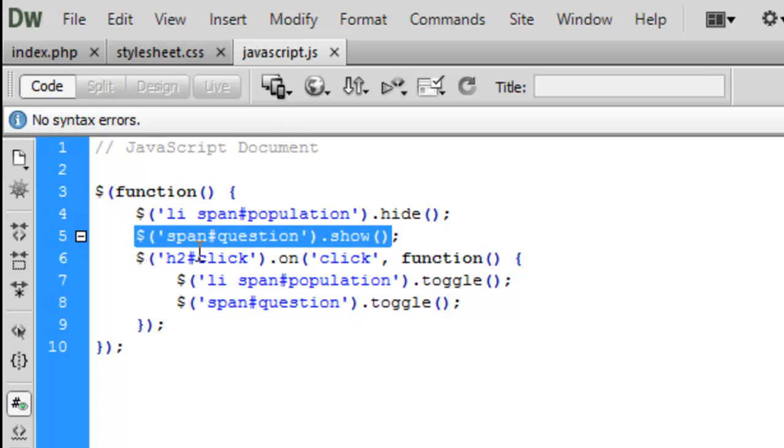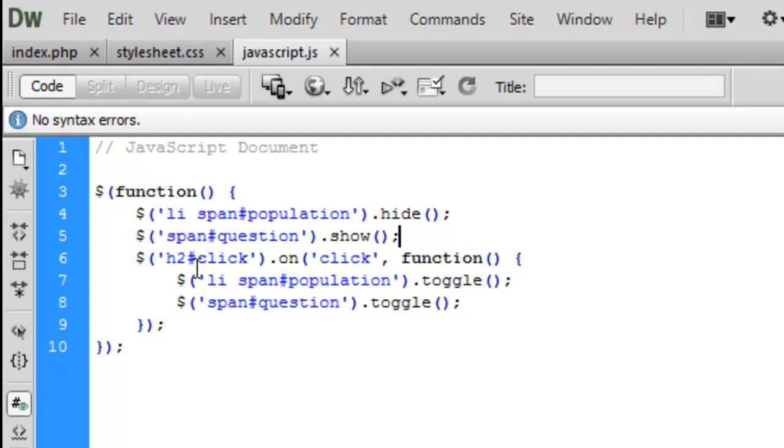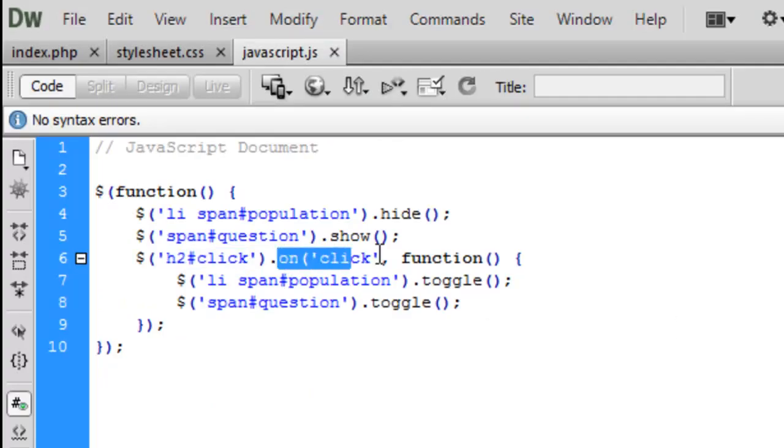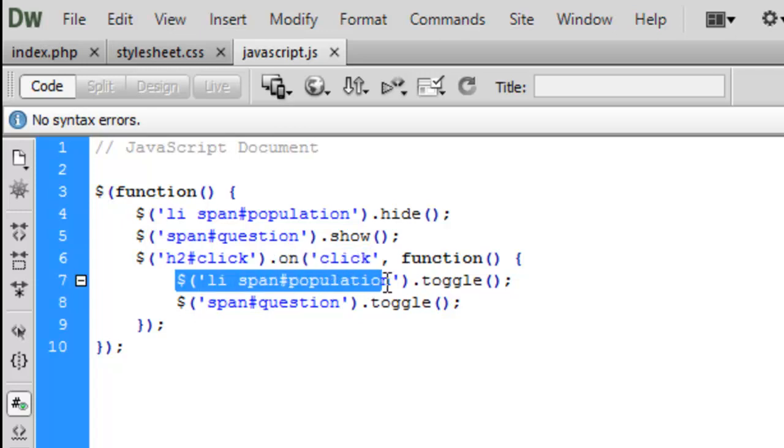This is our question marks, and then we select H2 with ID click, and that is the click here to see the population of each country button, and on click the span with ID population is going to be shown with toggle, and the span with ID question is going to be